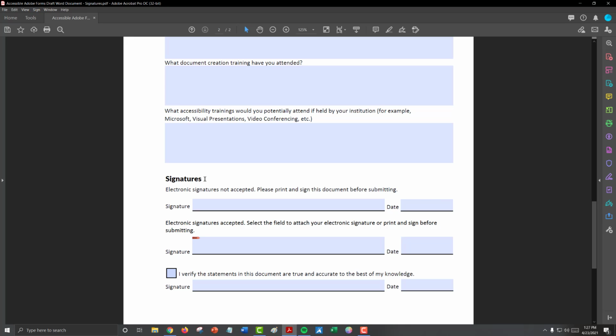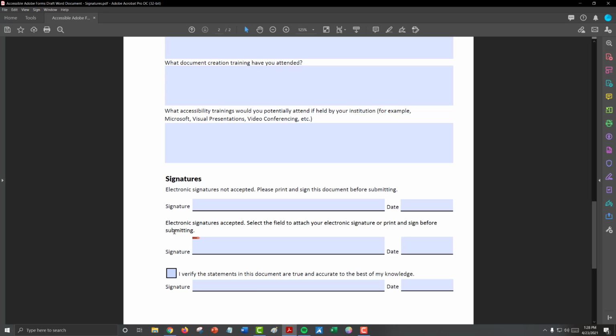One of the best practices for outlining your signatures is the same as your other sections. You want to give it a heading and tag that as a heading. Provide the instructions on the page, and then also use those same field property settings that you use for the rest of your form, including providing the tooltip information as needed for the signature field. You also need to make sure that the field label name is specific to the type of signature that you need. If you have a document that has more than one signature field, for example, you need to specify in the tooltip who that signature is for.